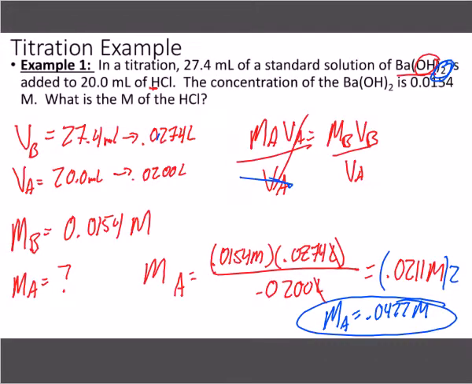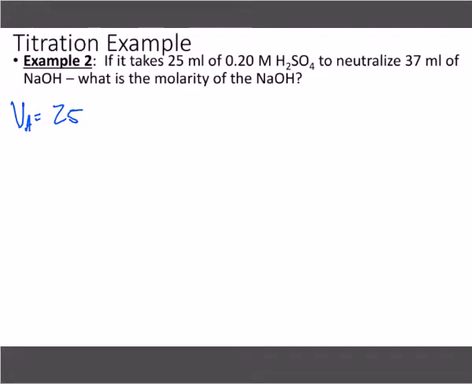Now, one thing I wanted to point out over here, guys, does it really matter with this formula if we convert these to liters or leave them as milliliters? No. Because it's just like our dilution formula. You don't have to convert that like it is with our molarity formula where it's moles per liter. Since we have the same volume unit on both, it's not going to affect our results. So you can convert it if you want to, especially if you want to keep it consistent. If we're going to convert it, we have 0.025 liters, and our molarity is